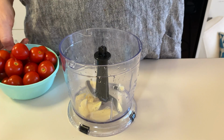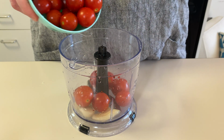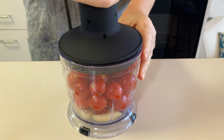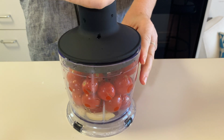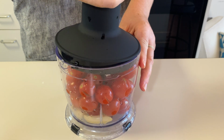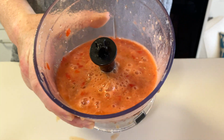So I'm going to take all my garlic that I just pounded to get the skin off, and I'm adding my fresh garden tomatoes. And I'm just going to give this a nice blitz. And just like that, guys, you have a